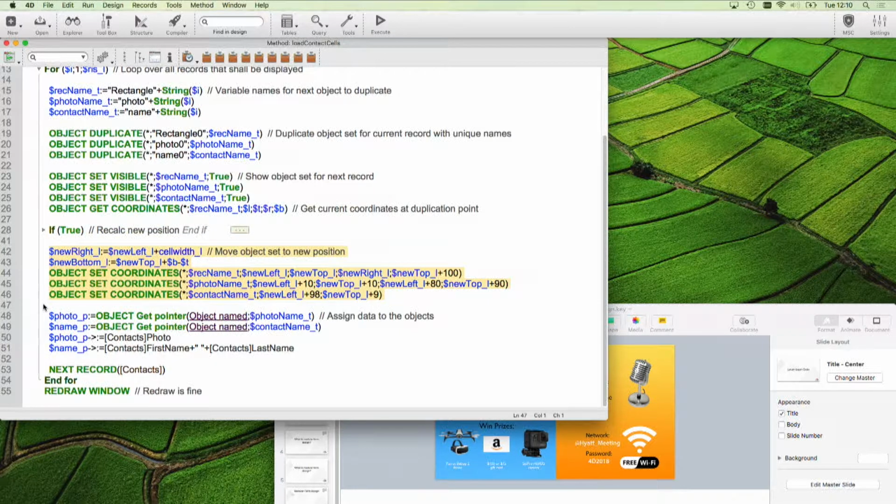And then I move my objects to the place in the grid, line, column, where they have to be. Then I get pointers to these now placed objects and make the data bind to the photo and the name of the current record. And that's for all records, finally a redraw, and that's it. Normally very easy, maybe a bit to think, because it might be different than you're thinking before, but the technique